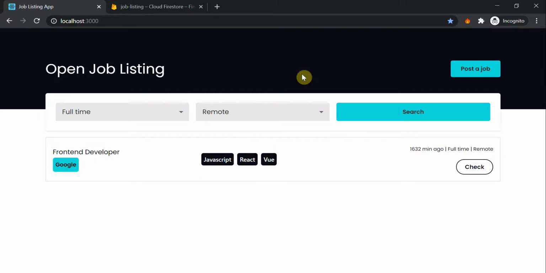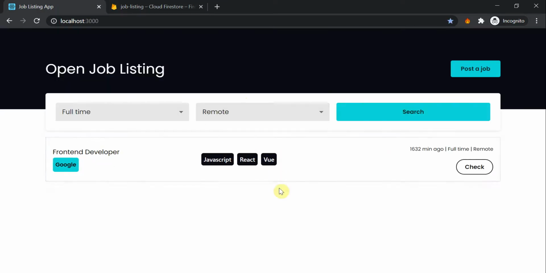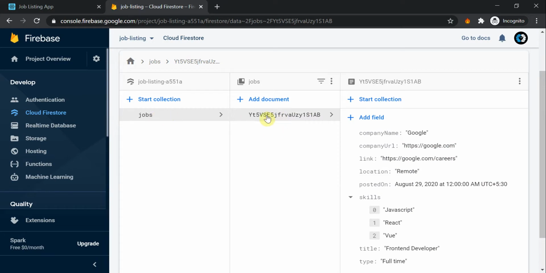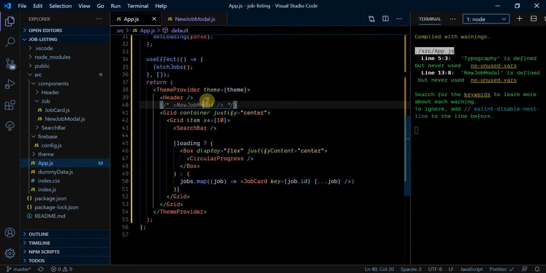Alright, so let's continue. In the last video, we connected our application to the Cloud Firestore database, and now we are fetching all the documents from the jobs collection and rendering them on our application. So now let's work with the creation of an individual job document, and for that firstly we will need to